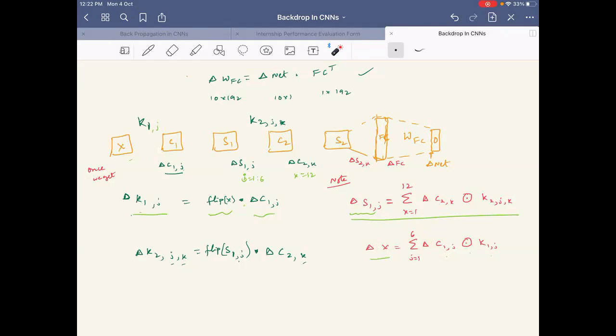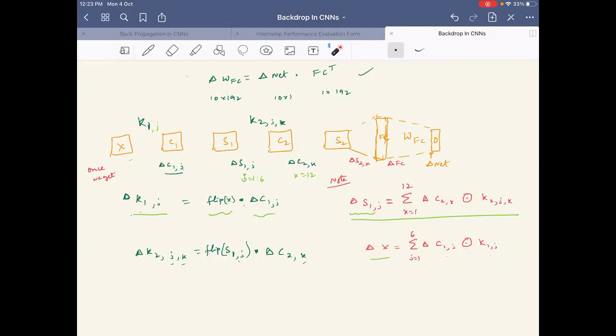Please note that in the forward pass, the same variable is used for finding C1 first map, C1 2, and so on, for all J. So in the backward pass, the errors in all J maps, with the corresponding weights given by the kernel, add up and give delta X.